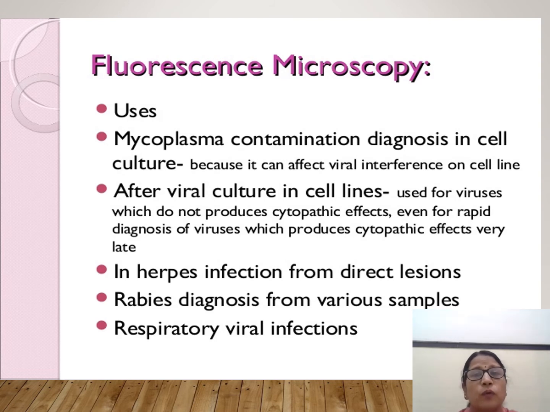Now we would come to fluorescence microscopy. A fluorescent microscope is a special microscope in which instead of light, as we are using in a light microscope, where the source of light is either sunlight or a light bulb, in a fluorescent microscope the source of light is a UV lamp. UV lights, they are taken up by dyes and they are converted into fluorescence. They are emitted and as a result of that, fluorescence will be there.